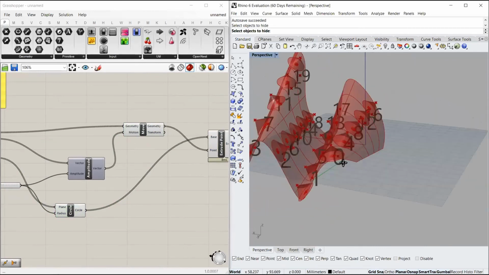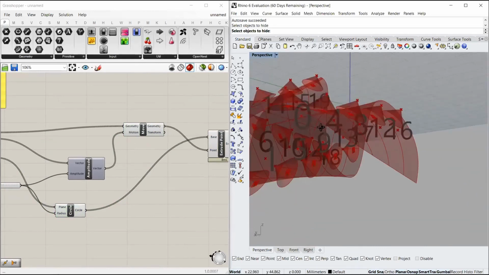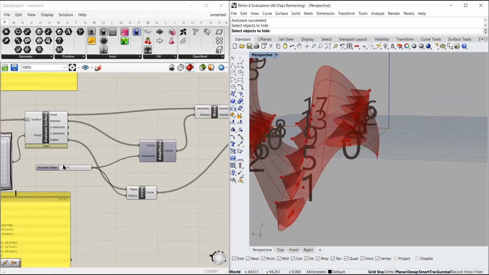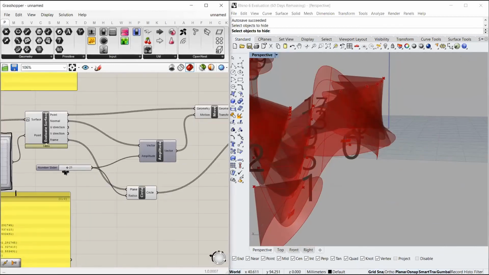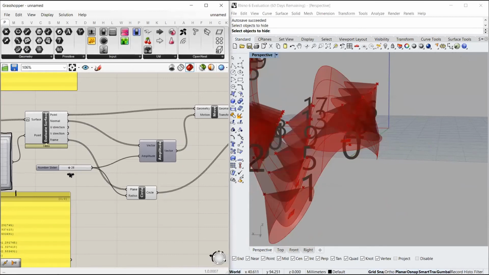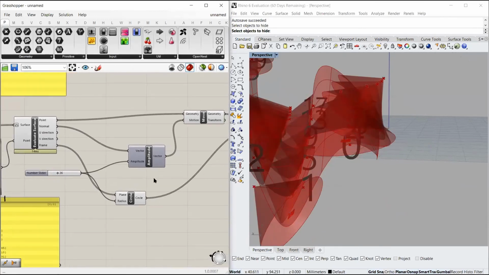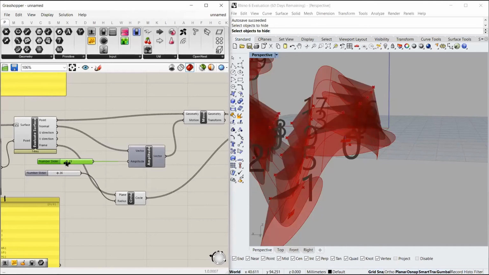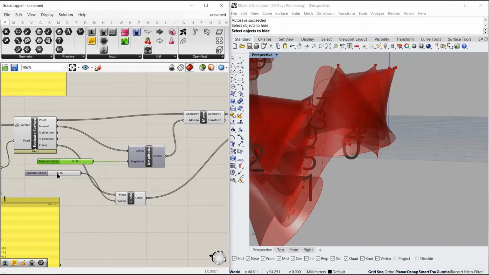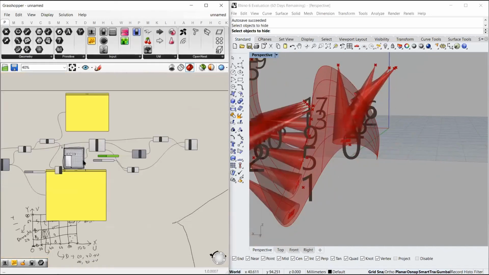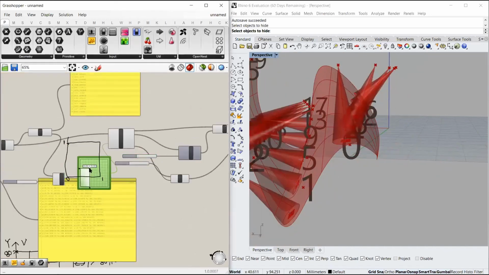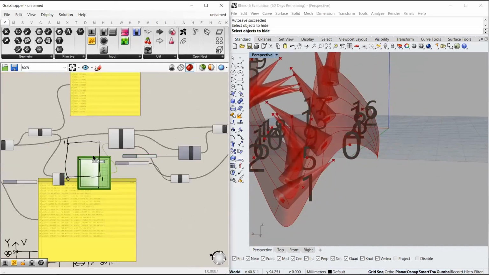You can see it makes these 3D cones on each surface, which now can be parametrically controlled using the number slider of the radius, or else if you want to change the height, we take another number slider to change this amplitude. So you have multiple parameters now. You can change the height of the cone, the radius of the cone, and the location of the cone on these surfaces where you actually want it.